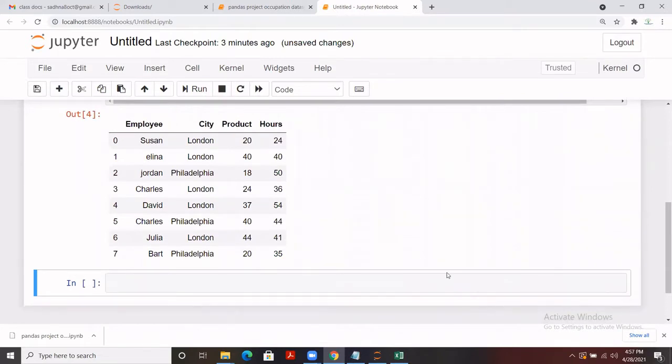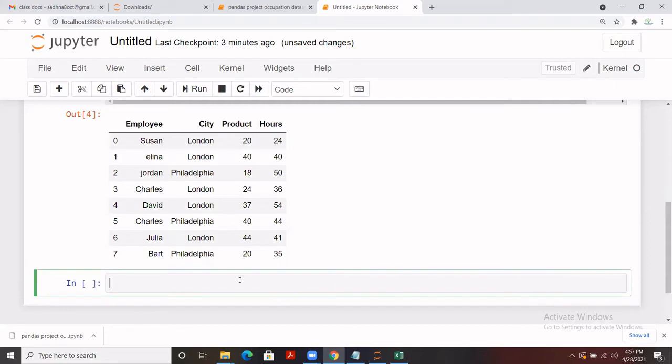For example, here this is the data set. Let's say I just need to learn how to apply group by for that purpose. So I just want to arrange my records, similar records, where I can count the sum of hours and product for each and every employee, let's say. So sorry guys. Let's say I'm going to group it based on the employee column, and then I calculate the sum corresponding to the two numeric columns, which are product and hours.